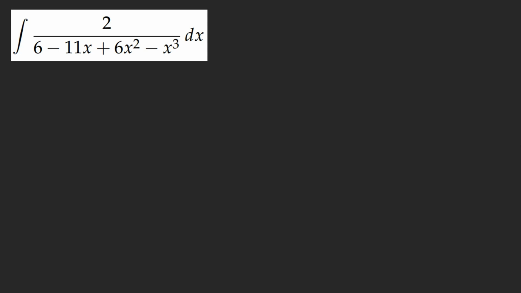Oh god, a cubic polynomial in the denominator? A cubic denominator that doesn't look factorable. What on earth do I do? So whenever you come across something like this, there's one sneaky thing that integration bees like to do, is whenever they give you an ugly polynomial, most of the times, well,